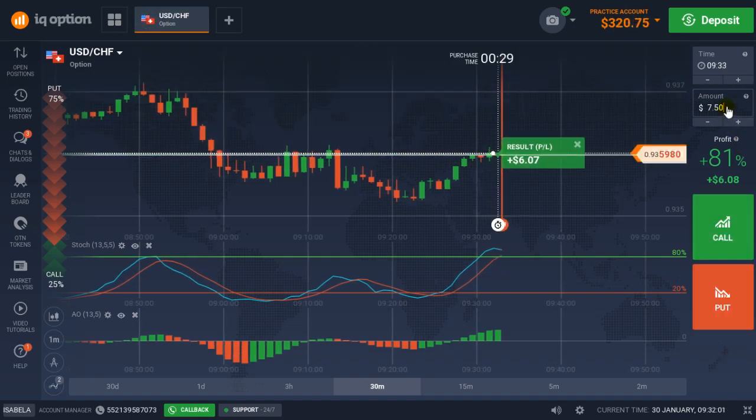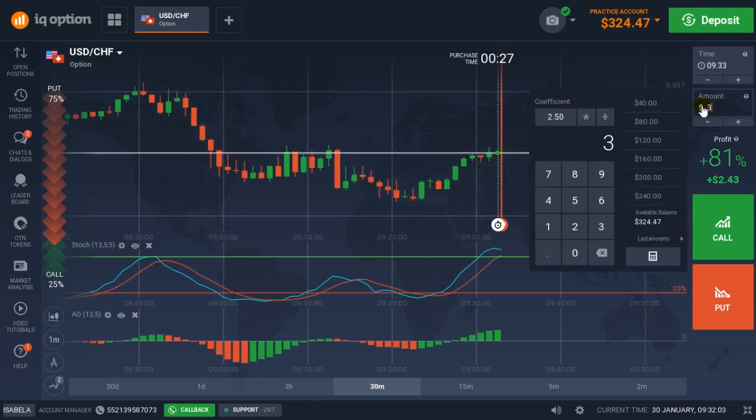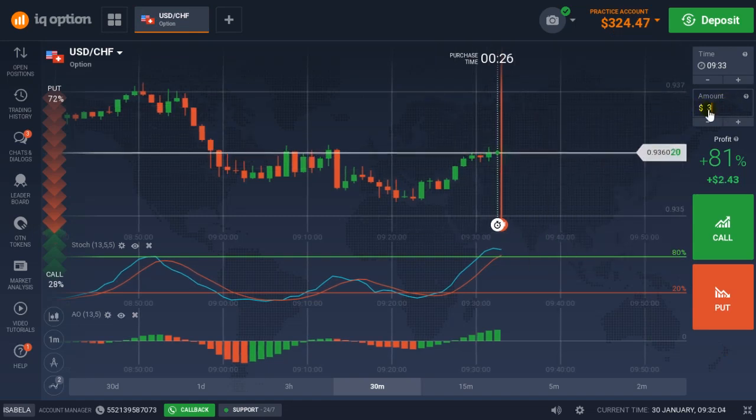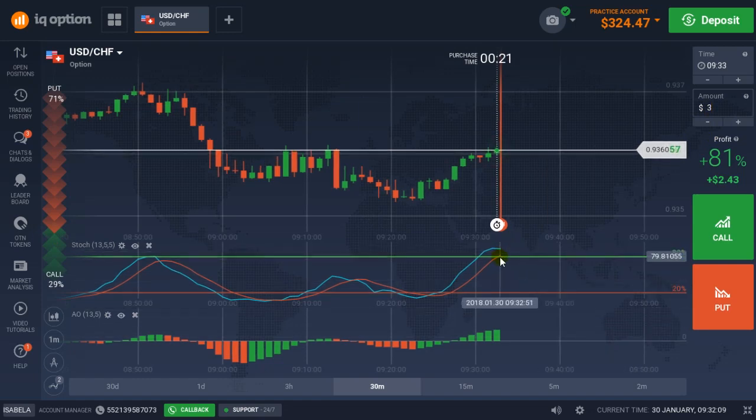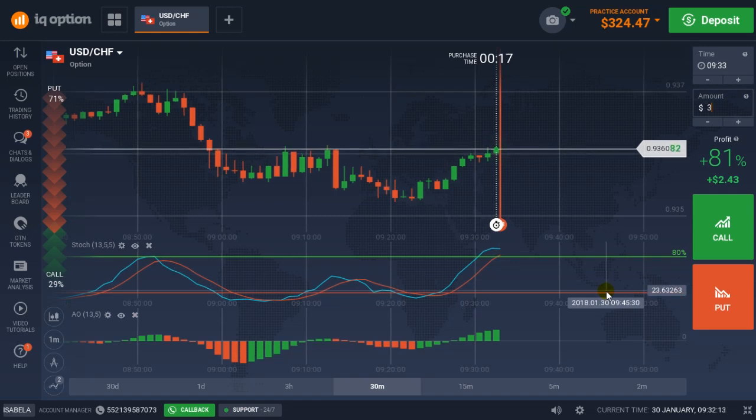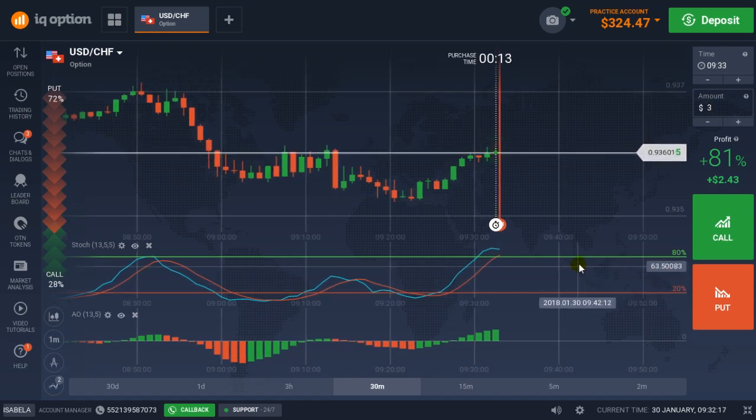Okay, got our money back plus profit. Bring the initial trading amount down to $3, and now that both lines are above the 80, I stop trading, and now I wait, because what do we know? As per the rules,